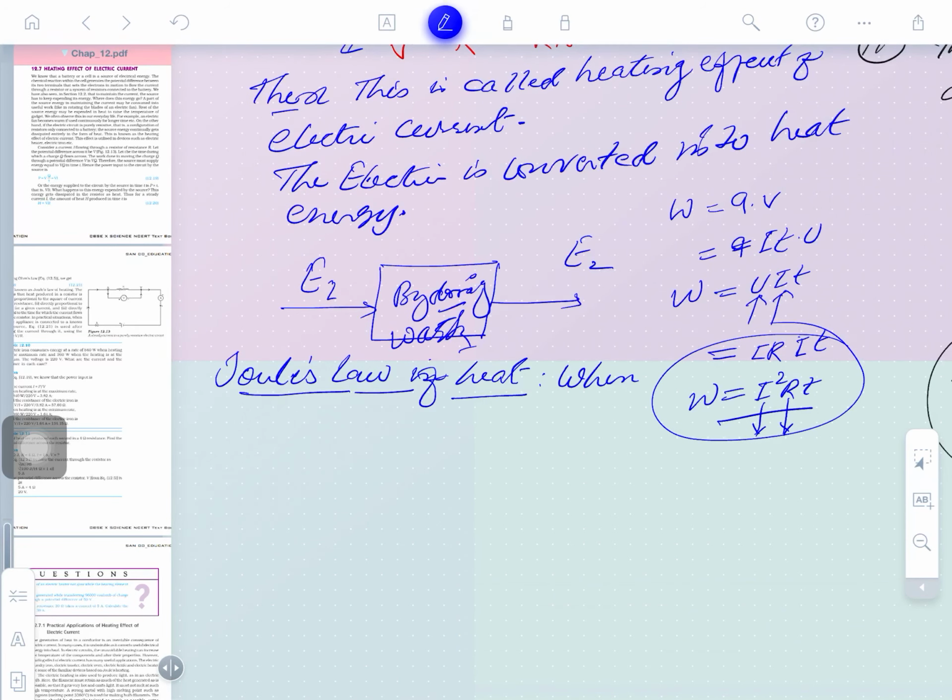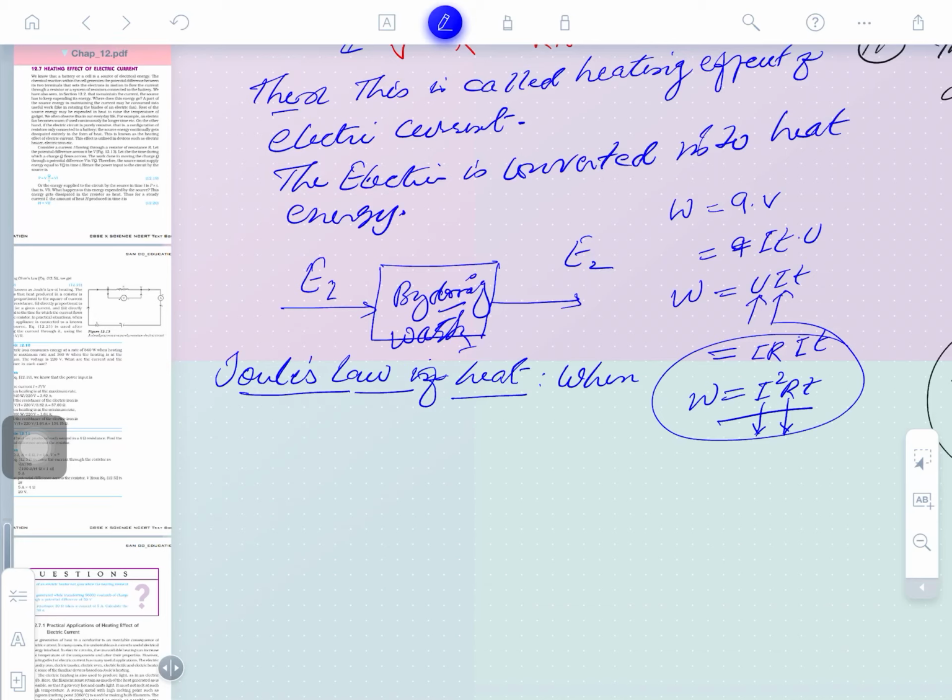Heat developed on the conductor is directly proportional to, that means depending on, directly proportional to. And how would Joule have obtained this relationship? Obviously, he had done an activity and drawn the graph. The graphical representation between the current and the heat would have come out quadratically. So, the idea was predicted by Joule.